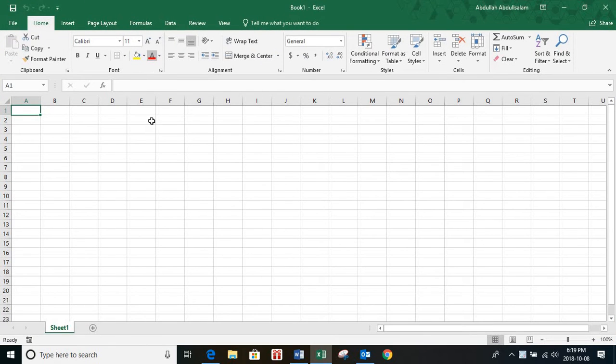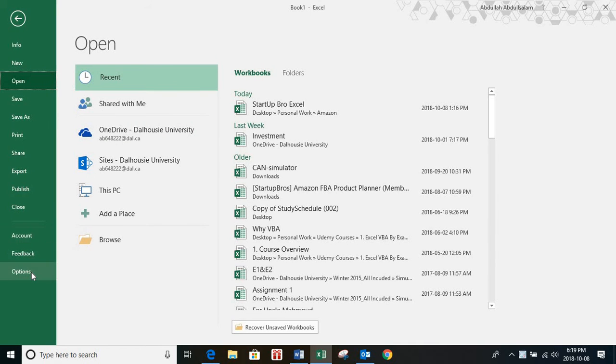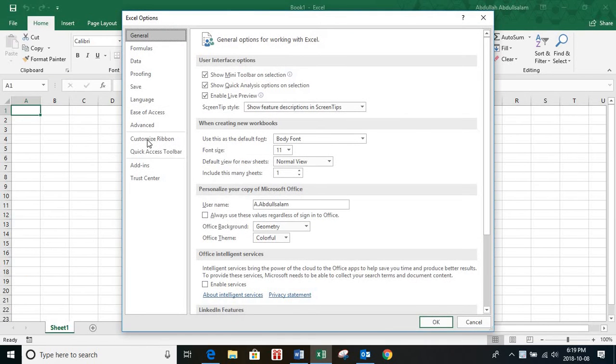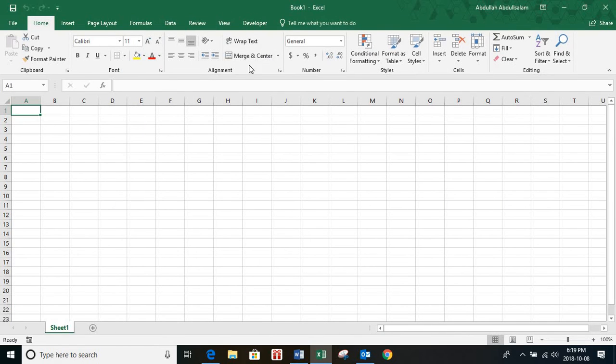So what you want to do is go to File, and then go to Options, and on your left hand side over here you want to go to Customize Ribbon, and you want to click on that little checkbox down right here that says Developer, and you want to click on OK. So after you've done that, you're going to see a new tab